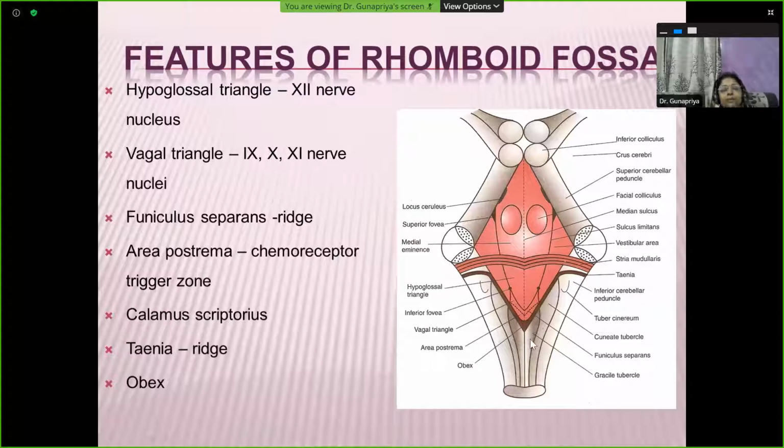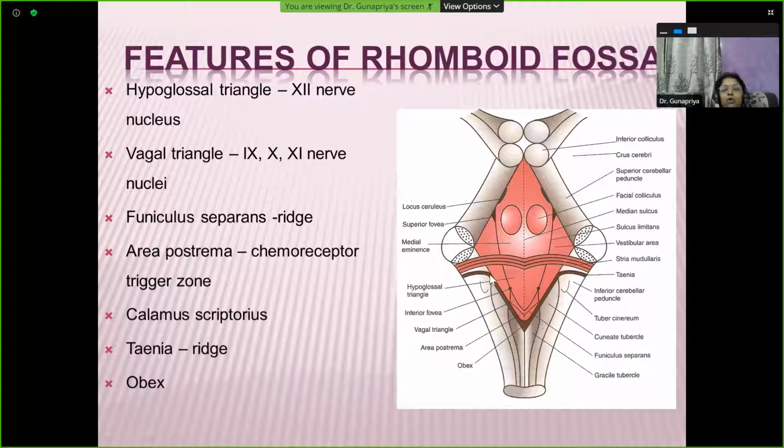So to reiterate once again, the medullary part of the floor of the fourth ventricle, or rhomboid fossa, has the same median sulcus here. You have the sulcus limitans showing the presence of the inferior fovea. On either side of the median sulcus, you have the hypoglossal triangle, which accommodates the hypoglossal motor nucleus. Just below that and laterally, you have the vagal triangle. The vagal triangle lodges the nuclei of the 9th, 10th, and 11th cranial nerves. Below that, you have a whitish ridge here in dotted line, and that is your funiculus separatus. And below the funiculus separatus, you have an area known as the area postrema, consisting of vascular neuroglial tissue, which is supposed to be a vomiting regulating or vomiting controlling center.